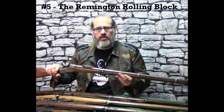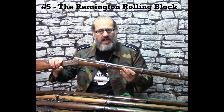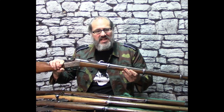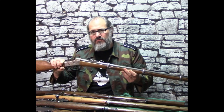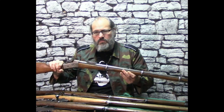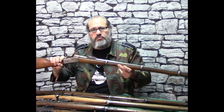Number 5 on our list is the Remington Rolling Block. The original design was patented in 1863. Production began in 1866, initially as a rimfire conversion on the Springfield-type muskets used in the U.S. Civil War. The Remington Rolling Block went through several different variations and modifications over the course of its production life,